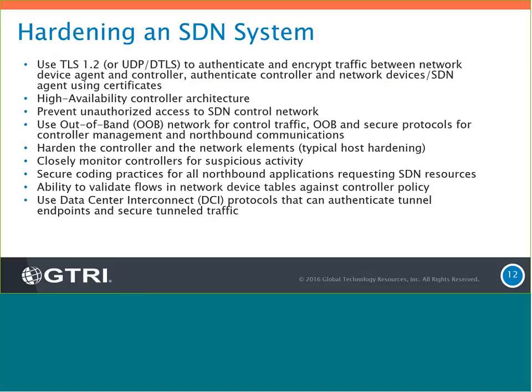Validate flows and network devices against controller policy. And now that this is software, we can have it check itself. We can say, I've told you what the policy I want in the network, and now tell me if there's anything being done that doesn't match that policy. So you can have software checking the SDN network environment. So those are kind of things that we need to think about to harden an SDN system right